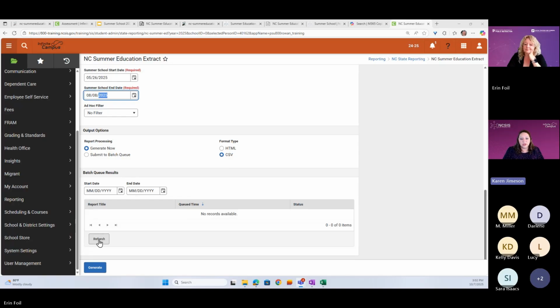Then you'll be able to click on the completed link in that report title queue. You do also have the option for HTML or CSV, and I noticed, I don't know if Erin noticed, that every time I run this one, it is defaulting to CSV, which is pretty cool. I haven't had that for one of those state reports. So if you want to view it in your browser, you're welcome to, or you can click CSV and be able to sort and filter as needed. Then you're going to click generate